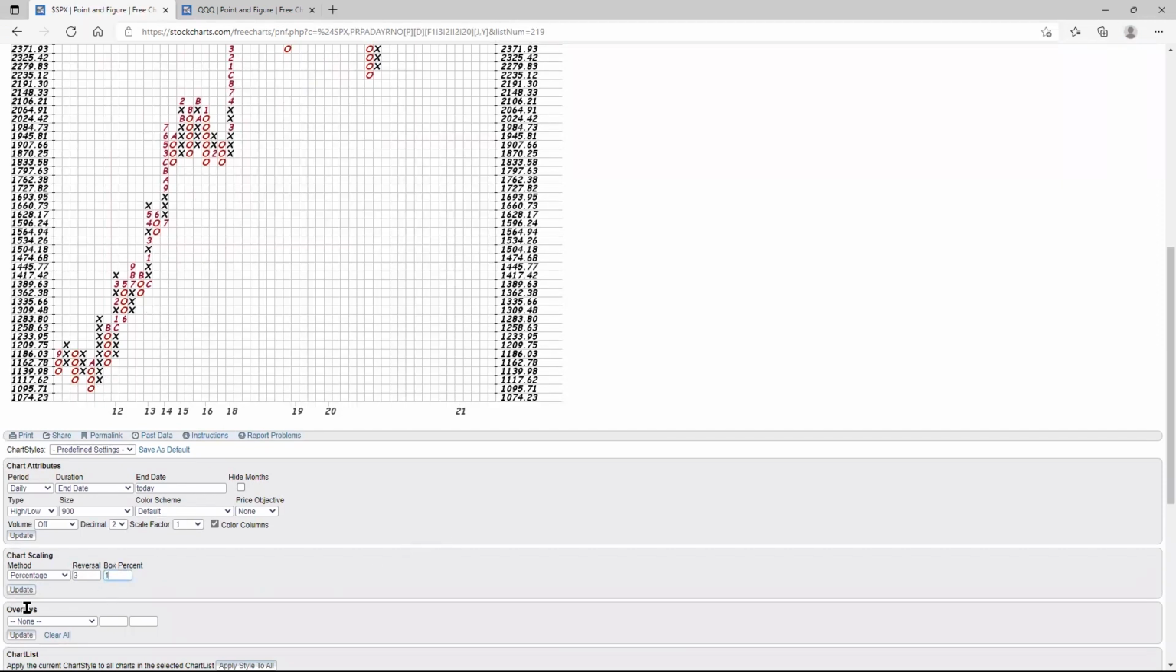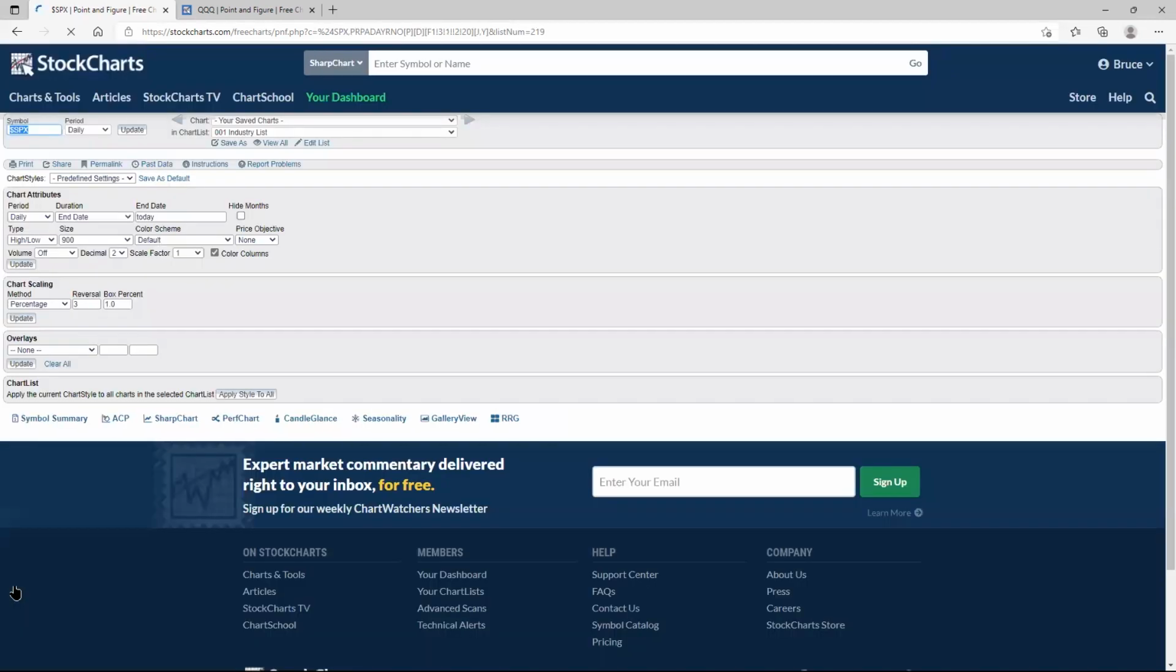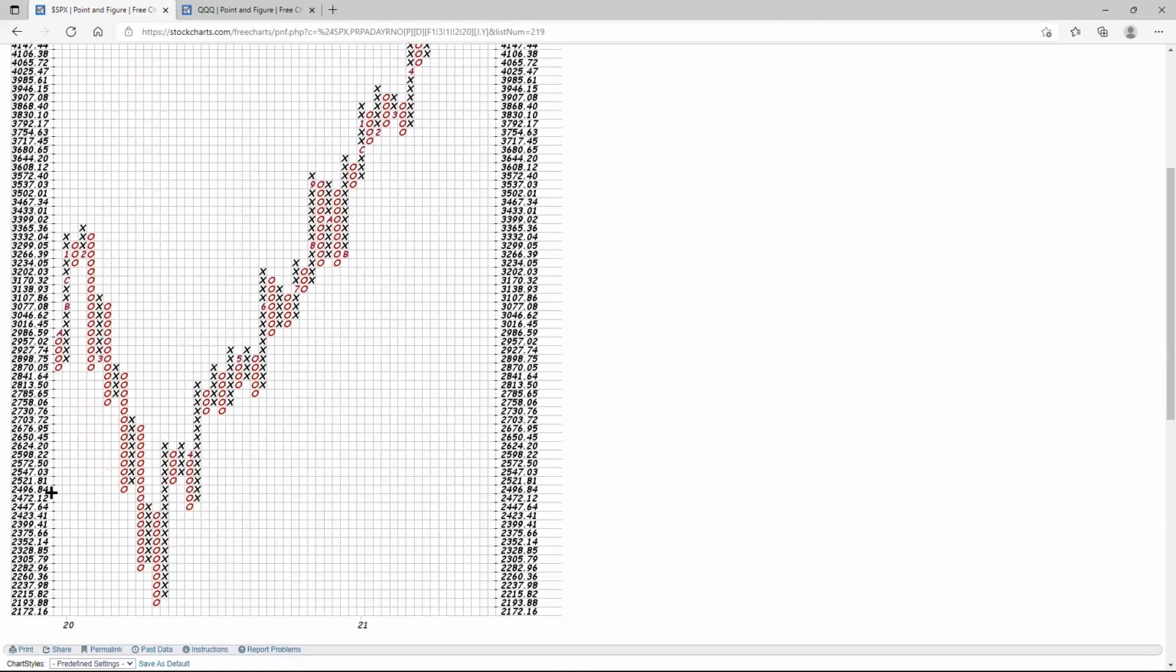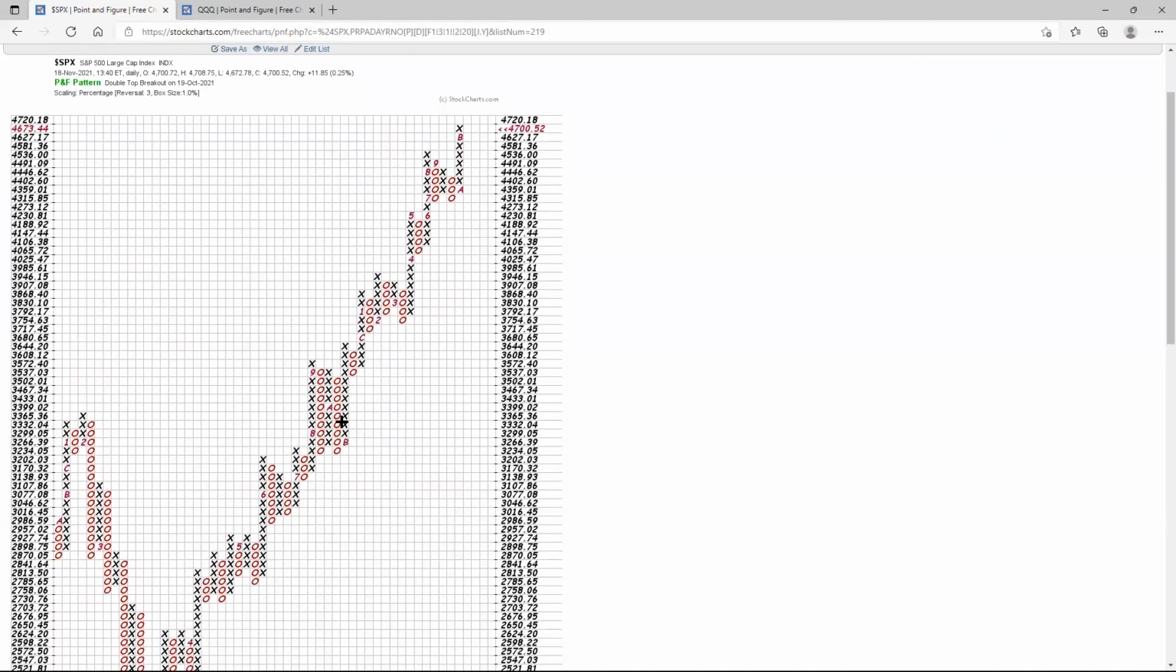Now we can change this. Let's go to 1% scaling. And so now you can see that in the 1%, it's much more granular. We can see the base in 2020 on this chart. We see the ups and downs. This is a 3-box reversal. So it takes a 3 right here. You can see it right in this area. You can see 3 red O's down, and let's put that right there,